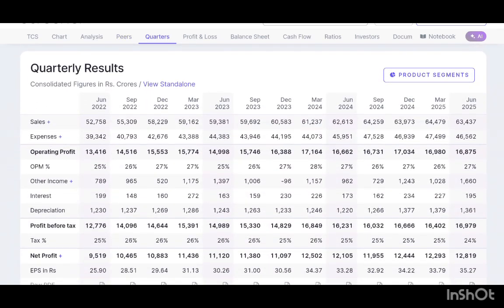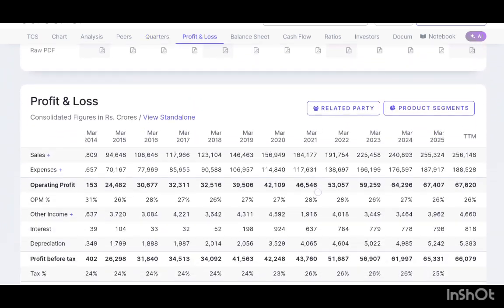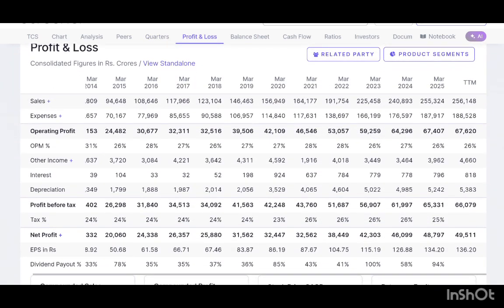So here the quarterly results, like what are the profit and loss, everything you can see here from June 2022 to the recent quarter, that is June 2025. You can see all the profit and loss here. And this is the extended version of the profit and loss. And the main thing every news channel will disclose is this particular profit. Like you can see, in the recent quarter, the TCS company has announced 49,511 crore profit, something like that. Okay. And if you come down,